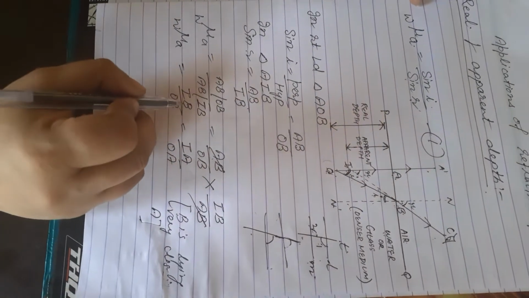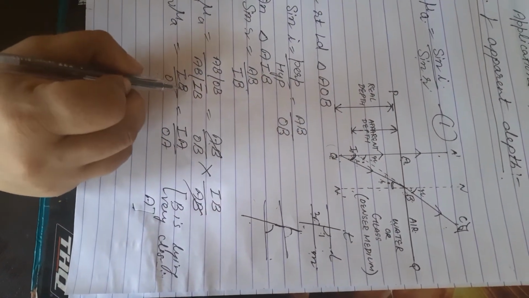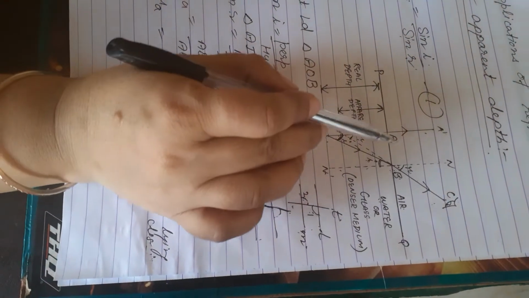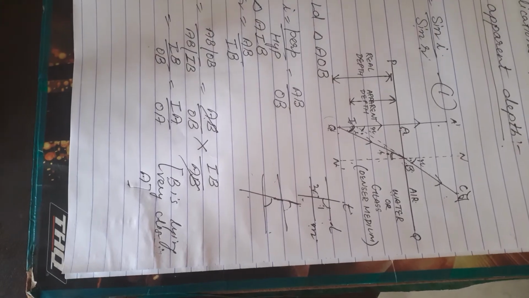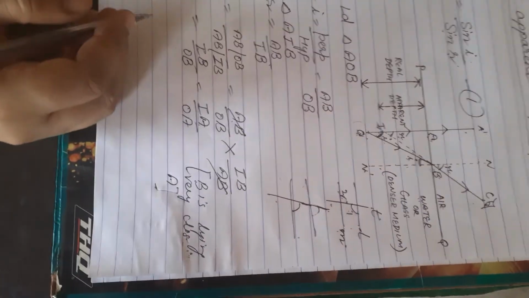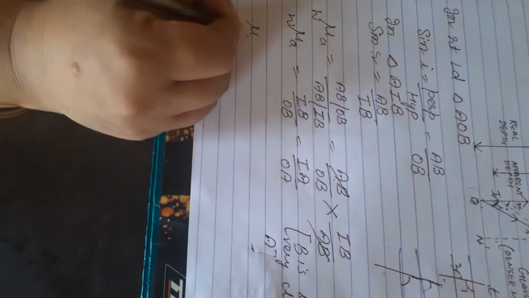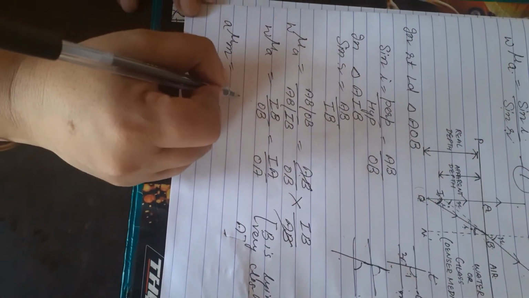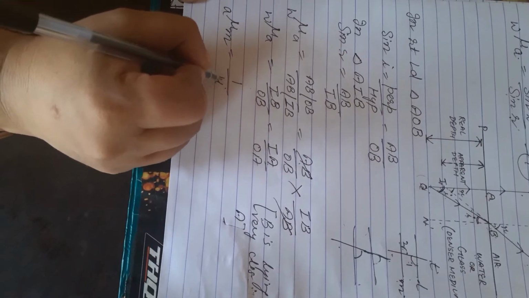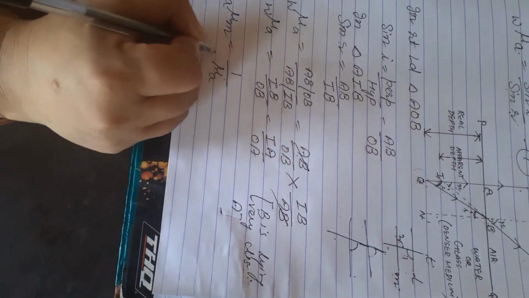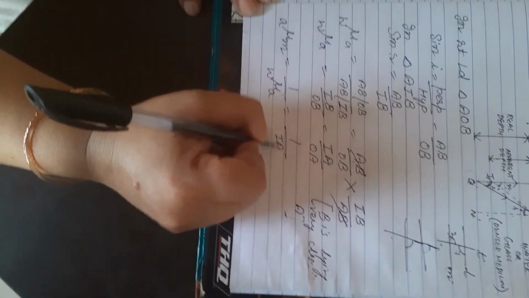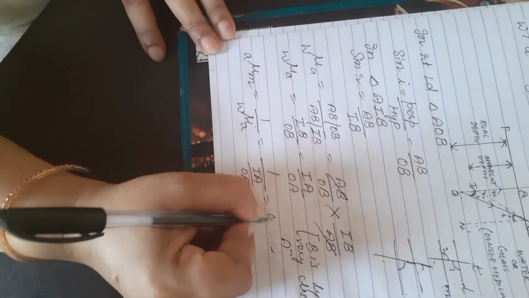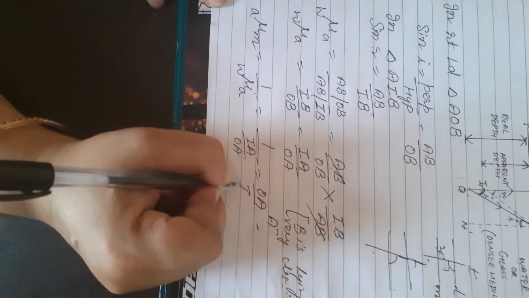So we will replace B by A. So it will become IA over OA. These we have shown at a far distance so that we may easily understand the diagram. But beta, actually we have to find the refractive index of medium with respect to air. So what we will do? We will apply the principle of reversibility of light here. It will be refractive index of air with respect to water. So you will just reciprocate it. It will be IA over OA, or you can say it will be OA divided by IA.